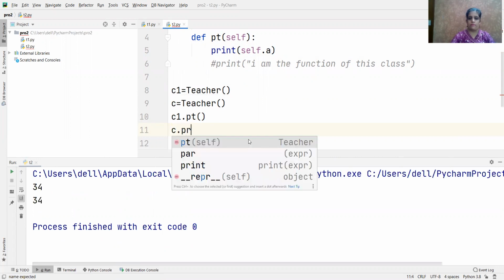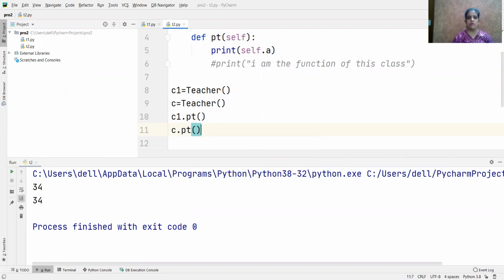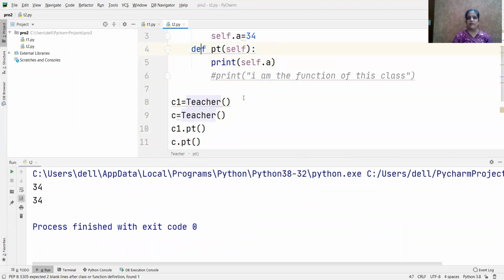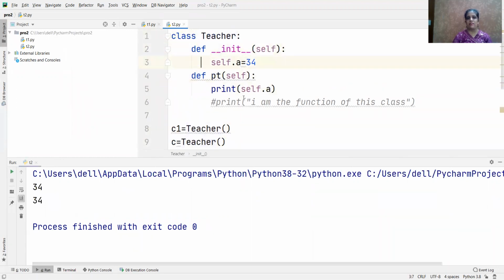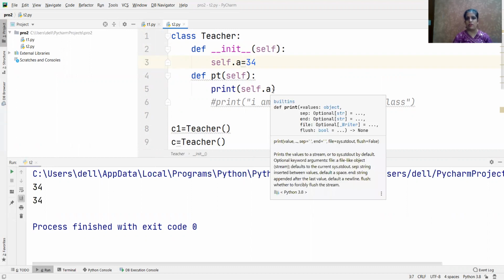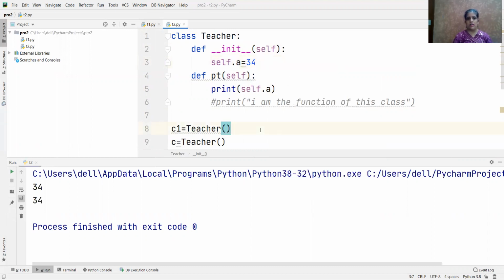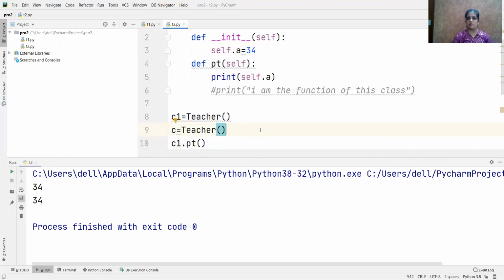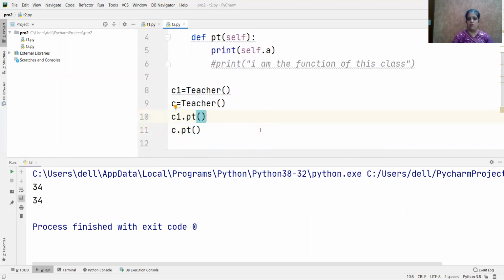C dot, sorry, PT. ठीक है, तो लेट मी एग्जीक्यूट दिस. 34 2 टाइम्स. ठीक है, तो पहले हमने क्या लिया? आई हैव डिक्लेयर्ड वन वेरिएबल इन दिस इनिट मेथड एंड डिफाइनिंग द वैल्यू 34, और उसको मैं प्रिंट इस दूसरे फंक्शन में कराना चाह रही हूँ. तो आई हैव टू गिव द रेफरेंस सेल्फ डॉट ए. ठीक है, नाउ इफ आई वांट टू मेक द चेंजेस इन ए, एज आई सेड यू अर्लियर कि मुझे ए में चेंजेस करने थे, तो नाउ आई कैन मेक. सो फॉर दैट लेट मी राइट इट हियर.